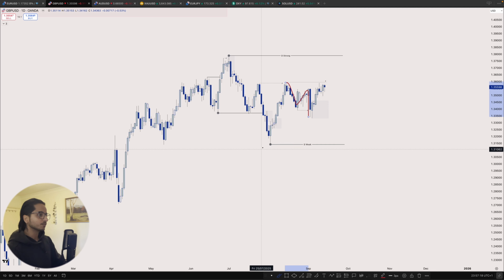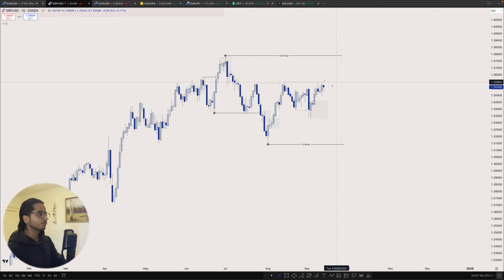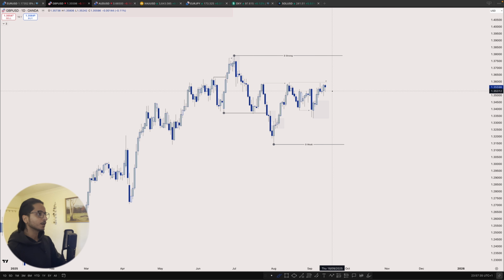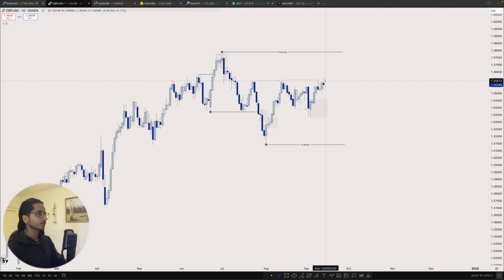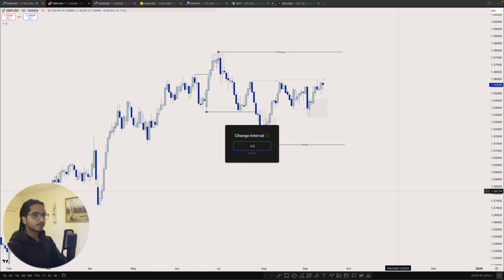Got this internal pullback of this leg into the discount, into this demand range, and now we got this impulsive leg to the upside. We have this demand in control, and I'm fully expecting these buys to run this week high. First target is obviously to run the week highs. I don't know how it's going to be coming into the week Monday, but fully expecting buys to play to run the week highs, okay? This is the week high on the weekly time frame. Yes, it looks strong on the daily, but I'm fully expecting that to get taken out because of the higher time frames. What do we have on the 4-hour time frame now?